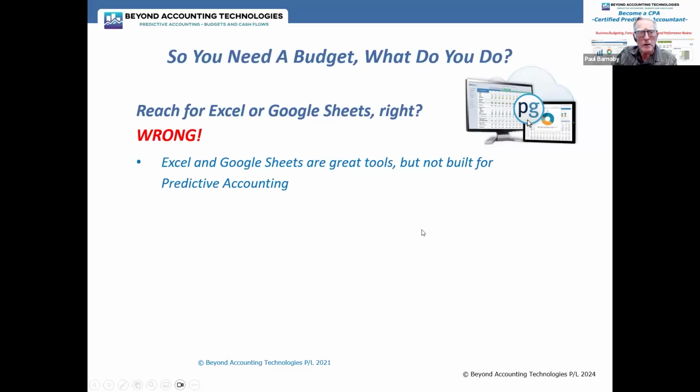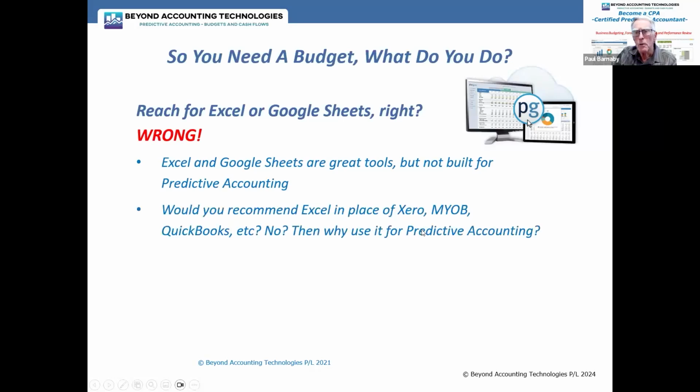If a client rang you up and said, I want an accounting system, what do you recommend? And you say QuickBooks or Xero, that's fine. But would you recommend Excel in that light? If somebody said, what accounting system for recording my data do I need to use? Oh, God, Excel. You probably got it already. Well, no. Why use it for predictive accounting?